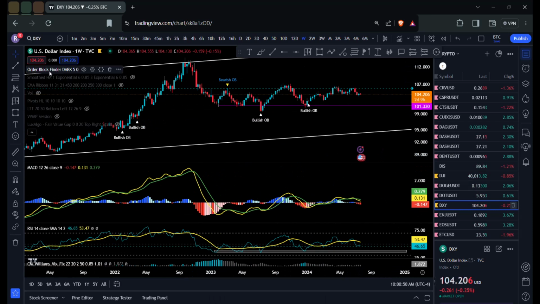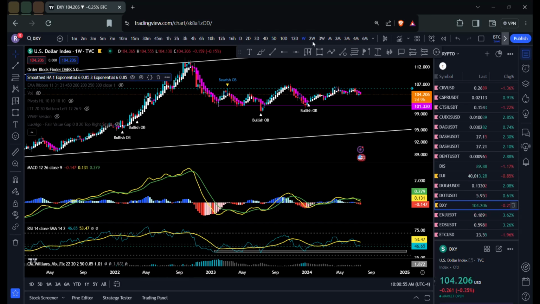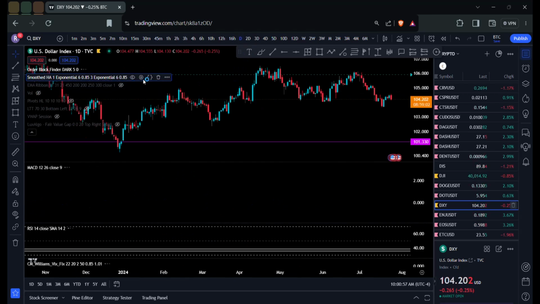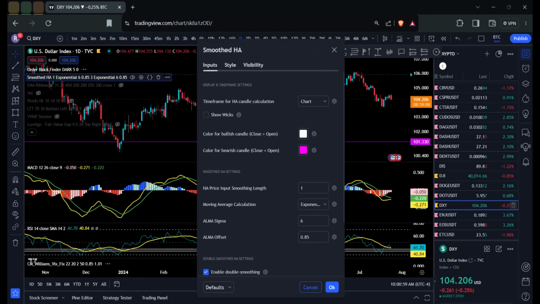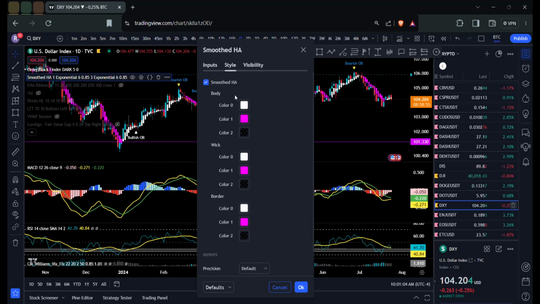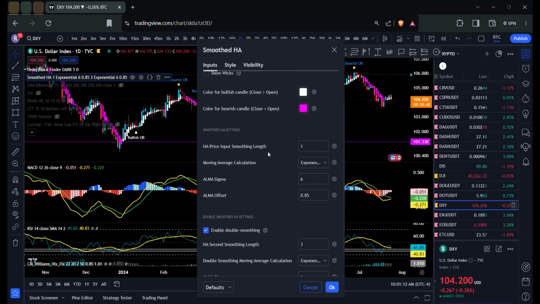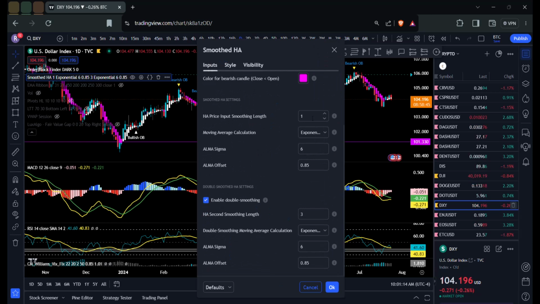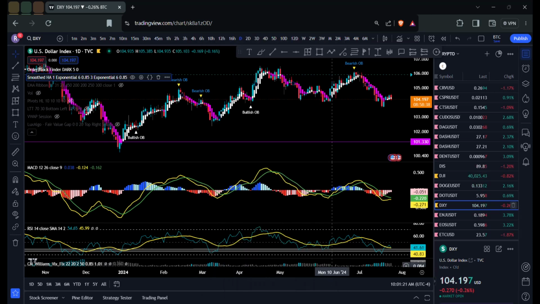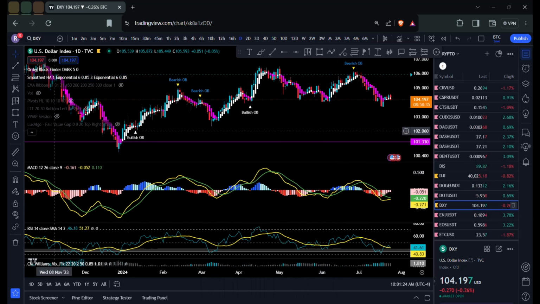Now, the last thing I will let you know, this is the smooth Heiken Ashi. I want to show you the inputs. I took off the wicks. Here you go. White and pink, white and pink, white and pink. Took off the labels, took off the values, took off the wicks. I have the short-term one, Alma 6. The second one is 3, second one is 6. And what it does, it helps you understand momentum,